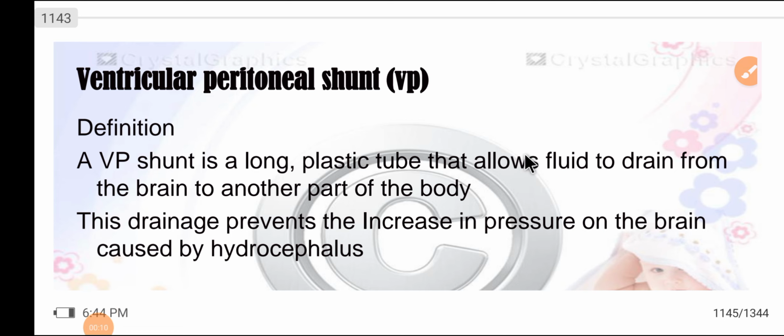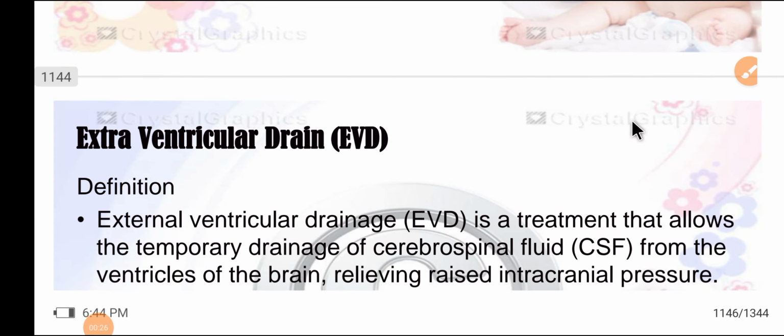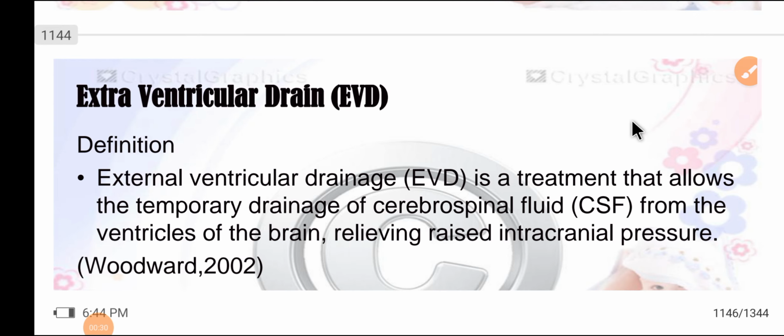Ventricular peritoneal shunt. A VP shunt is a long plastic tube that allows fluid to drain from the brain to another part of the body. This drainage prevents the increase in pressure on the brain caused by hydrocephalus. Extraventricular drain. External ventricular drainage is a treatment that allows the temporary drainage of cerebrospinal fluid from the ventricles of the brain, relieving raised intracranial